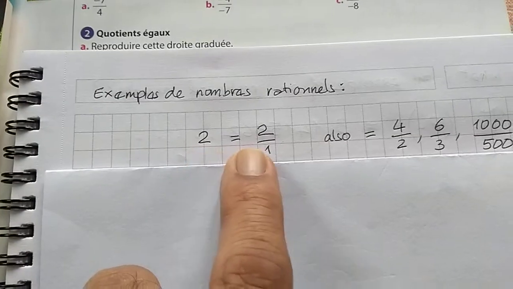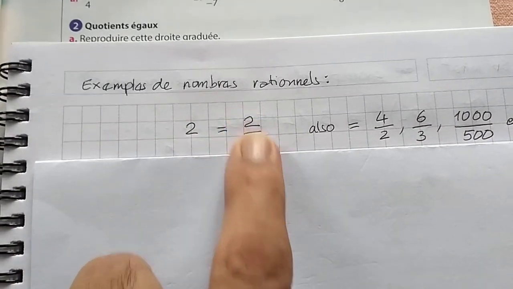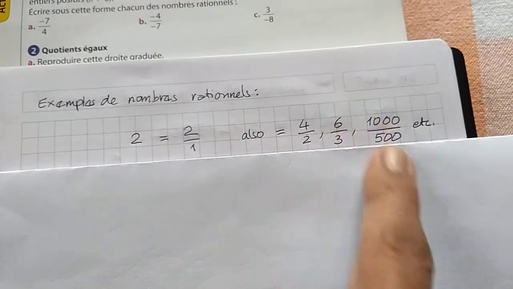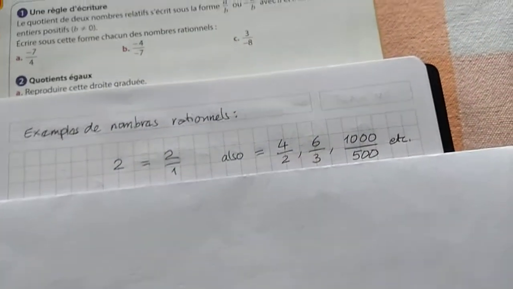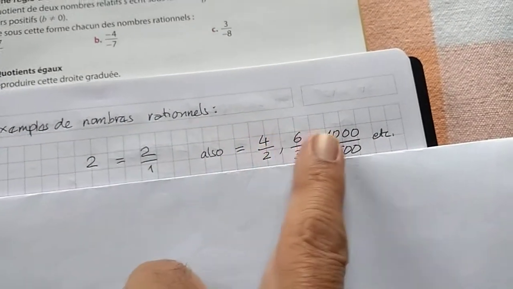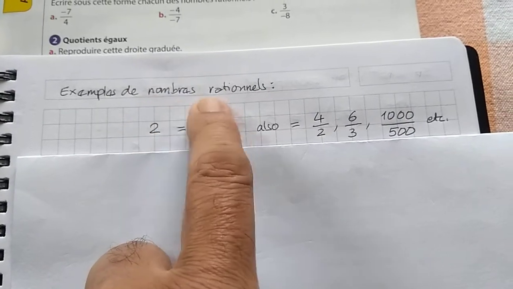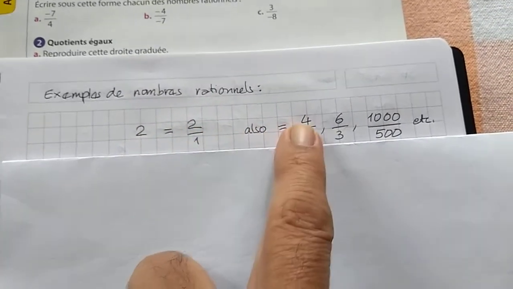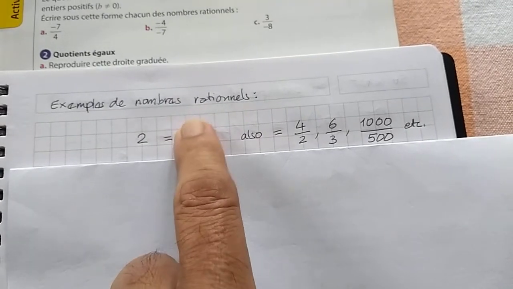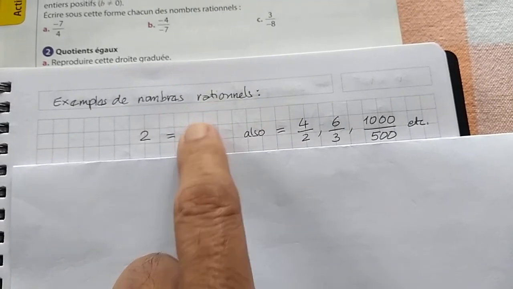I say 2 is a nombre rationnel. Why? Because it can be written as a fraction, 2 over 1. It can also be written as 4 over 2, 6 over 3, 1000 over 500. Remember, these numbers all have to be integers. You can't have decimal numbers. So for a nombre rationnel, you have to write it as a fraction where both numerator and denominator are